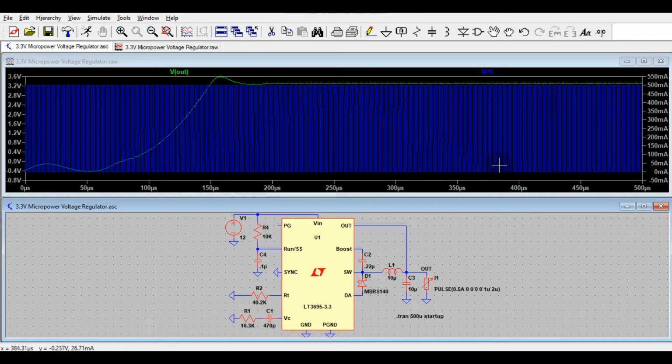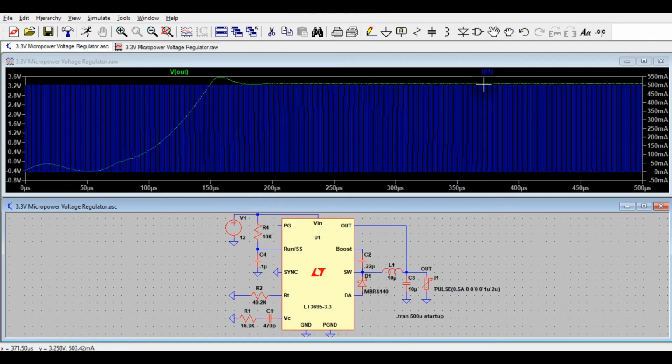So even though you have a switching load, that means you are drawing switching current, after the transient period of 200 microsecond your output is stable. So you can say for this step down voltage regulator, even if you are using any switching load, your output is very stable.